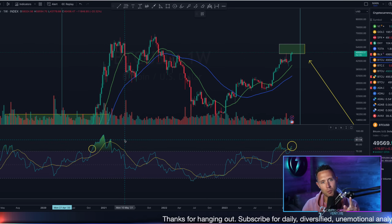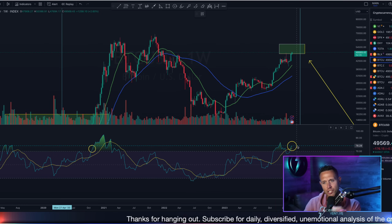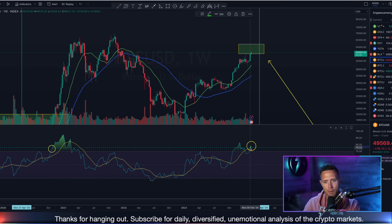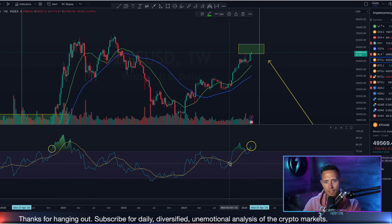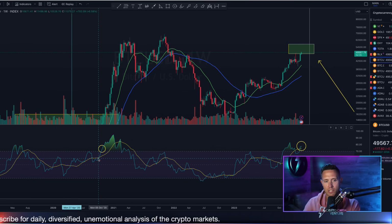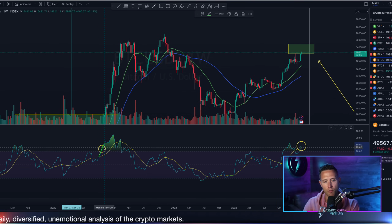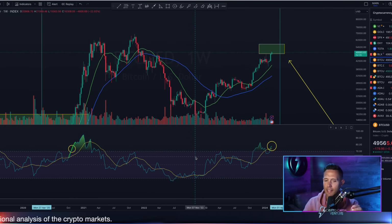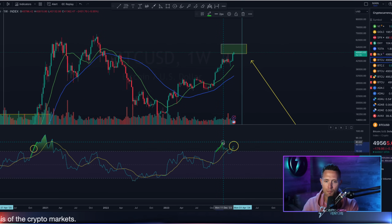Here's where there might be a little bit of a concern. Check out on this weekly chart what's happening though with this current RSI move. It's not the first RSI move into overbought. That would make sense compared to previous cycles. Going back, it's that first move into overbought. It's not that. Right now, we've had an overbought move, came back down, and then right now, Bitcoin's actually putting in